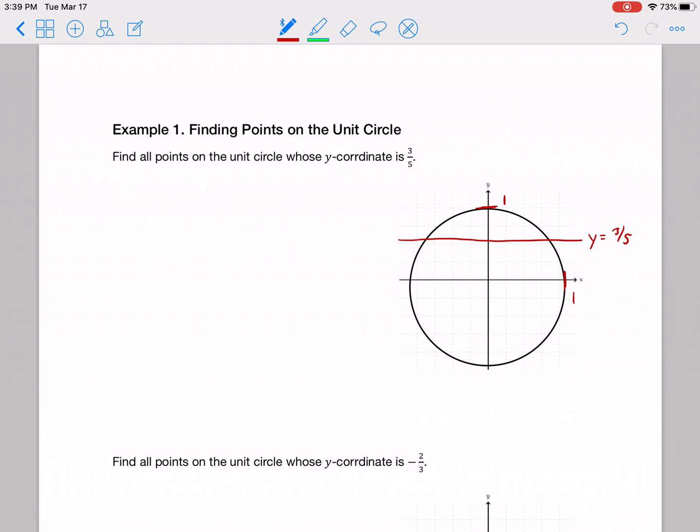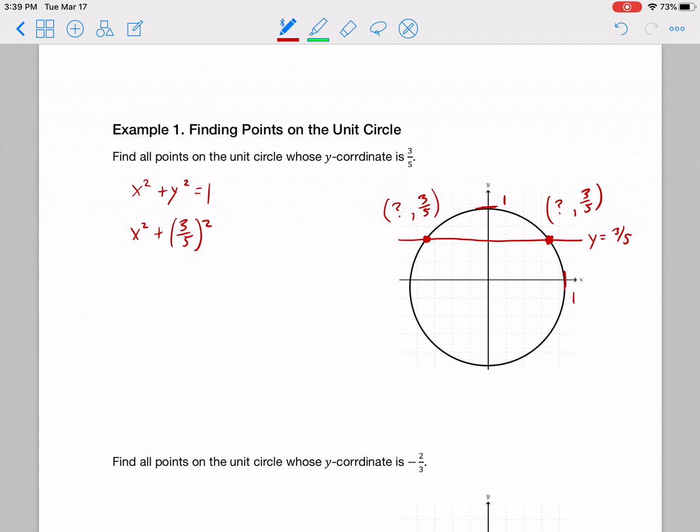And if we look, it's going to intercept our circle at 2 locations, there and there. And what we want to do is find the coordinates of those places. So this will have some x-coordinate and 3/5 as the y-coordinate for that point. And this one's going to have some other x-coordinate and 3/5 as the y-coordinate. So we want to know what are those 2 numbers that are going to go there. And we can do this by starting with our equation for our unit circle, and basically plug in 3/5 for y. So we'll get x squared plus